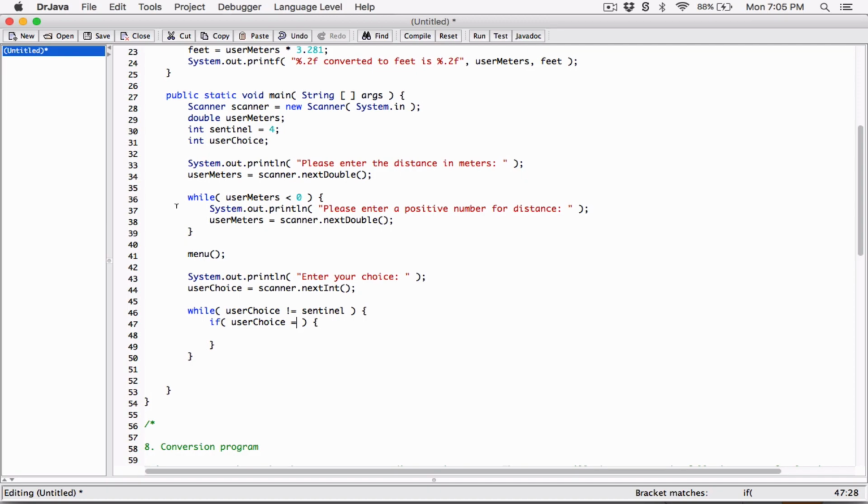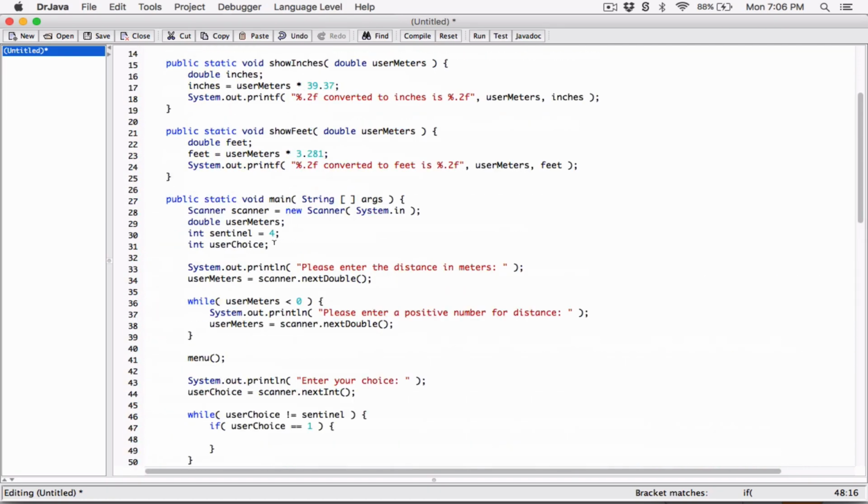I'm using double equals to compare, to say is what on the right equal to what on the left. I'm not using 1 equal. If I use 1 equal, I'm just saying, were you able to assign what's on the right to what's on the left? 1 equal is going to assign what's on the right to what's on the left. Using 2 equals is basically comparing to see if what's on the right is equal to what's on the left, right? So I'm saying if the user choice is equal to 1, then that means that the user wants to